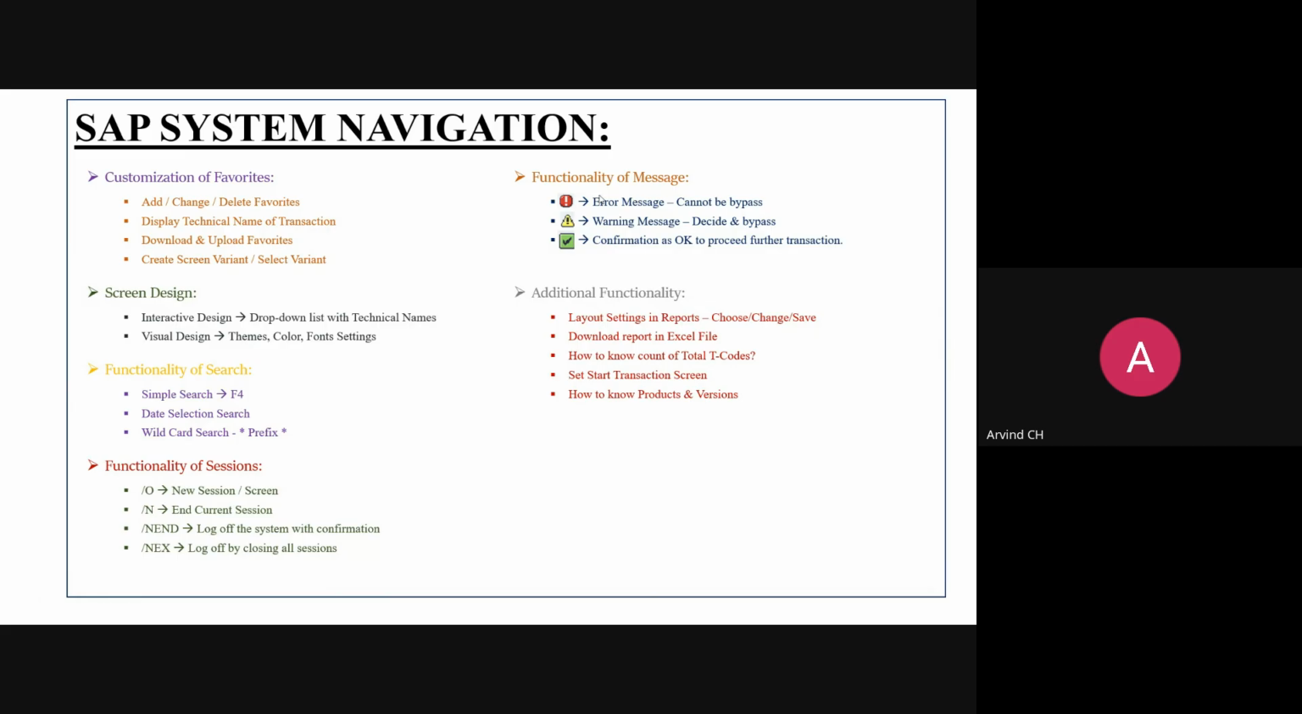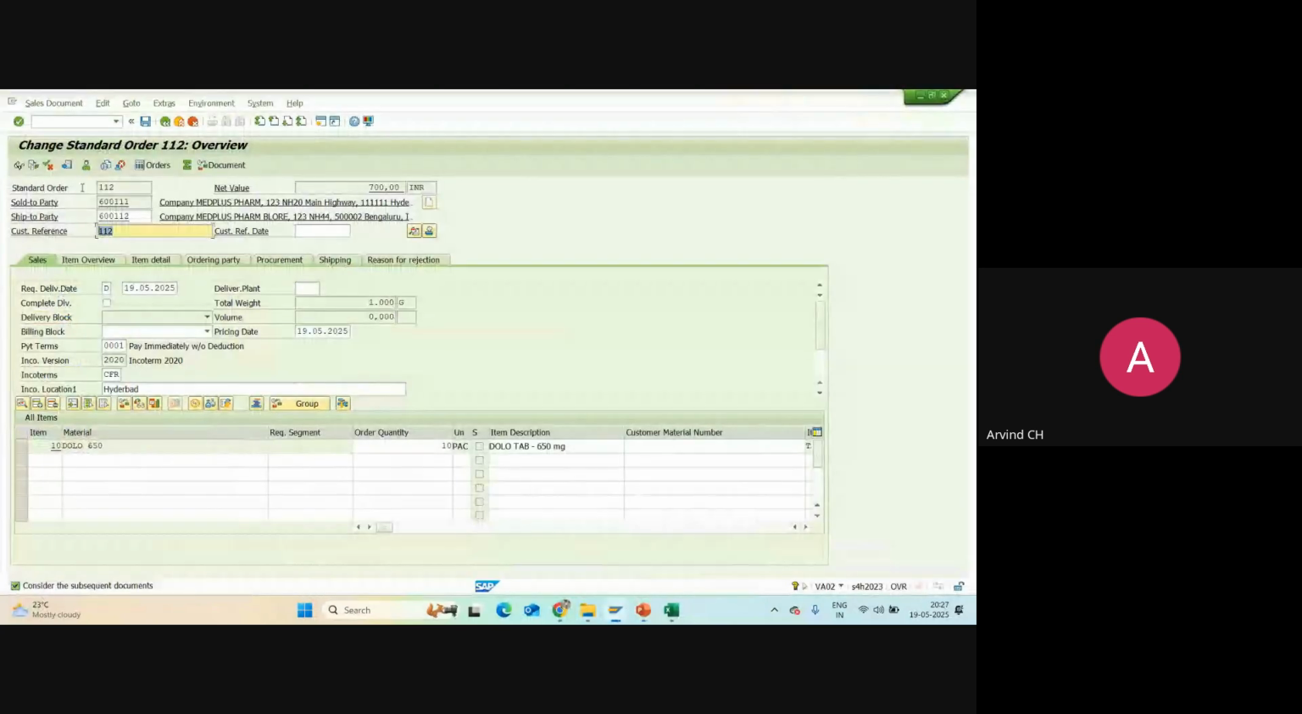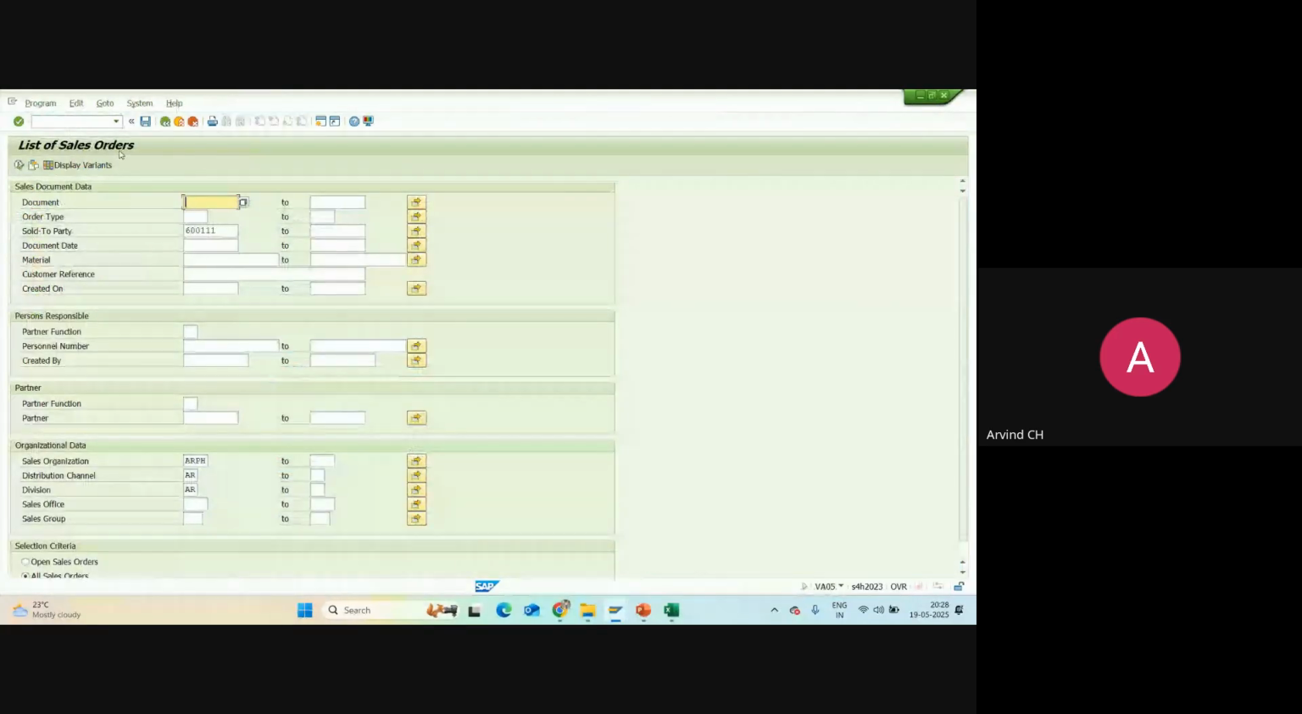Okay. Now let us go to the report part. We can see the report settings. We have various reports in SD. So what are all the reports? We have VA05, list of sales orders, right? And we have a